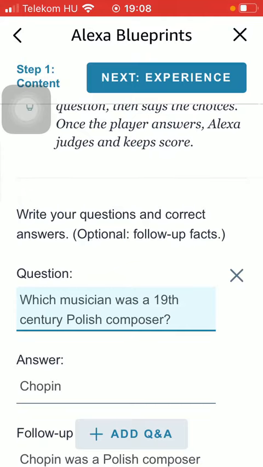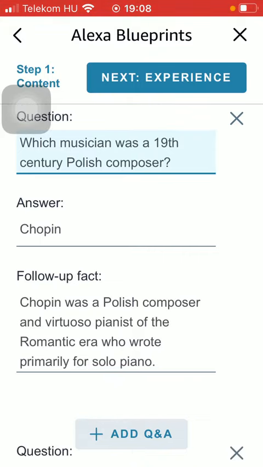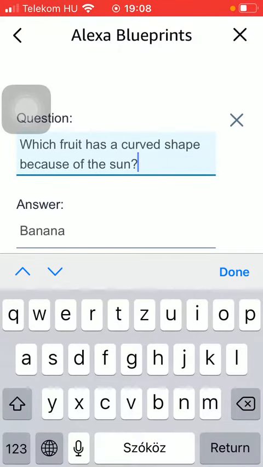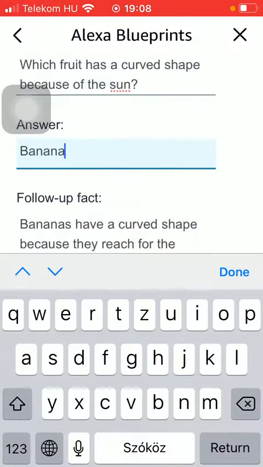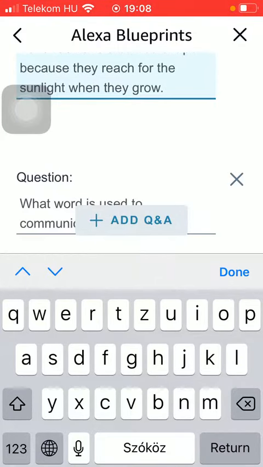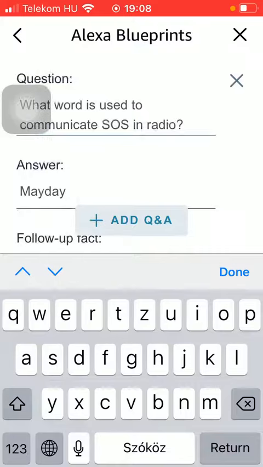Here you should scroll down and type in the question. And then the answer should be added too, and then you can add the follow-up fact. So all you have to do is just type in your question into this question box, then provide the answer and the follow-up fact. Add as many questions and answers as you want by tapping on the Add Q&A button